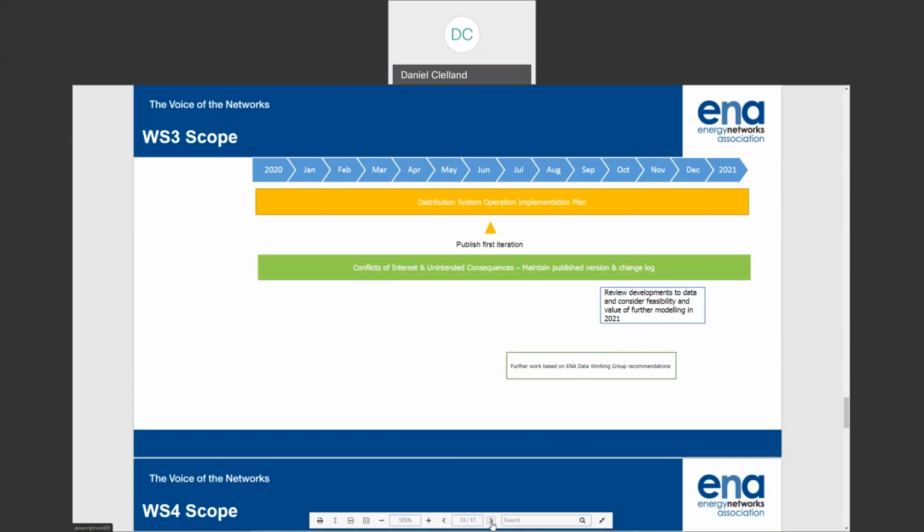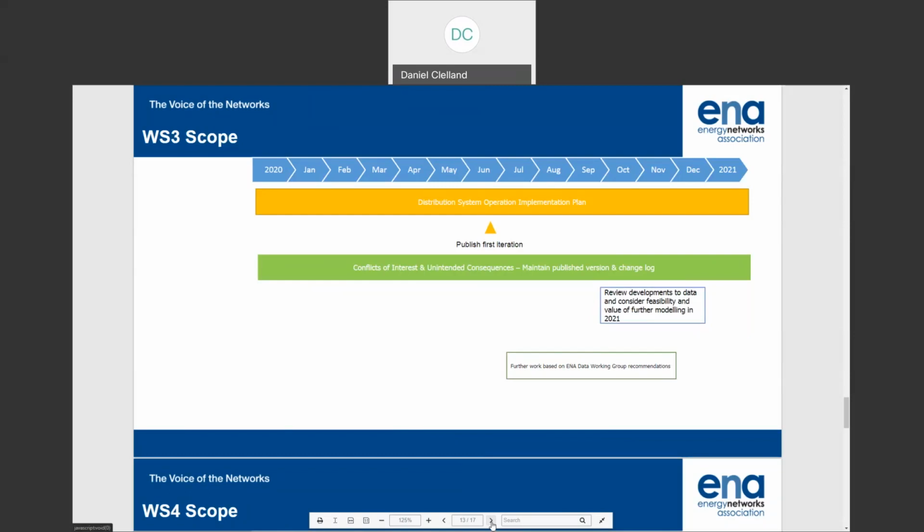It reflects some of the discussions that are going on within the network operators, particularly within ED2, and how we set out plans for implementation in ED2 for the distribution network operators, and it'll be a snapshot of a view on how, as an industry and a group of network operators, we'll be implementing those distribution system operation functions over the next few years. So we will be testing this with the advisory group. First test of that is in March, and then we'll progress that for implementation in the middle of the year. So we are planning to publish that first iteration in June.